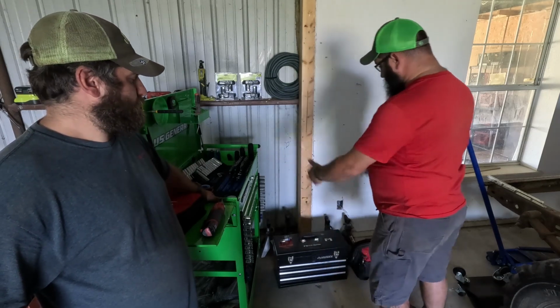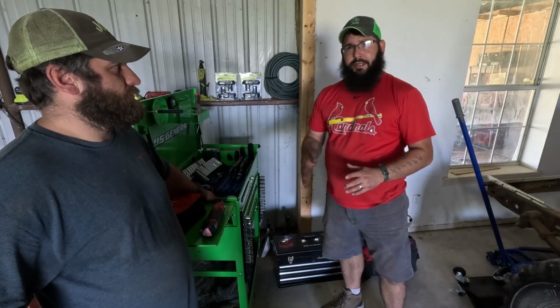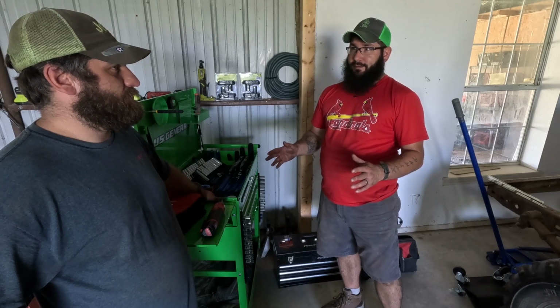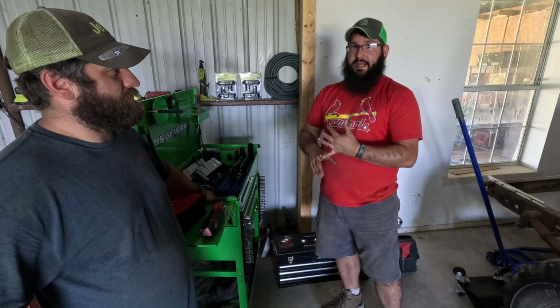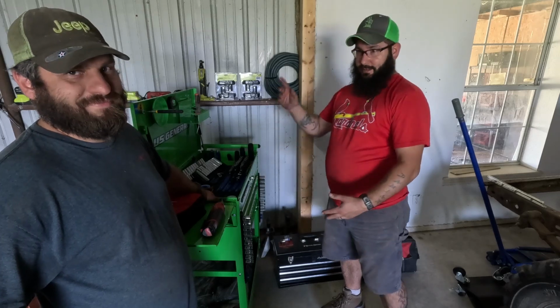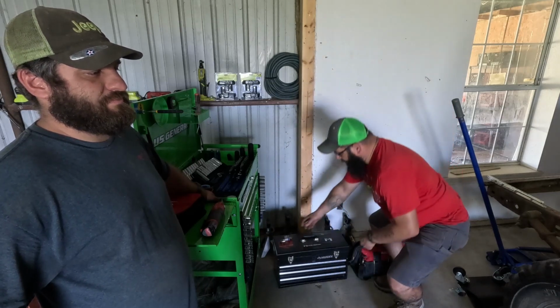So this toolbox and this bag are all tools that I had quadruples of. Some of them it was just triplets. Because as you've seen, I have a full stand-up toolbox. I have a full cart. I made Uriah a tool set again for his Jeep, and then this is what's left. So what we were left with